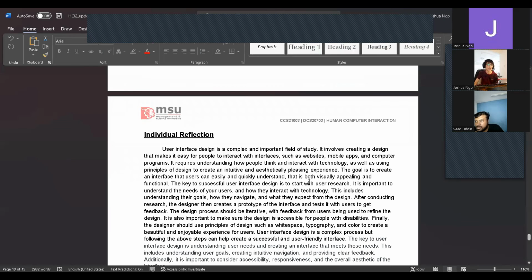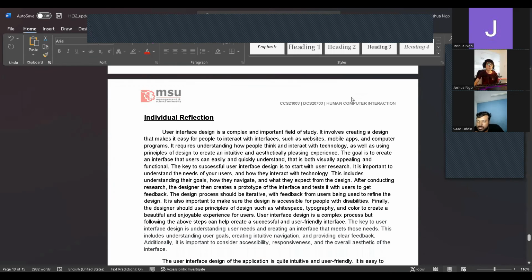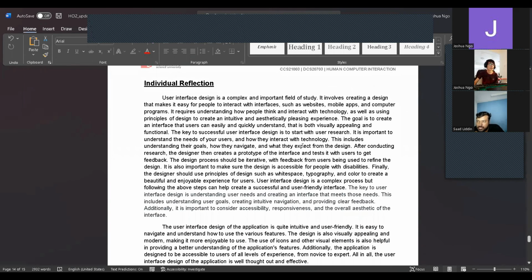So lastly is the individual reflection. User interface design is a complex and important field of study involving creating a design that makes it easy for people to interact with interfaces such as websites, mobile apps, and computer programs. It requires understanding of how people think and interact with the technology and applying the principles of design to create an